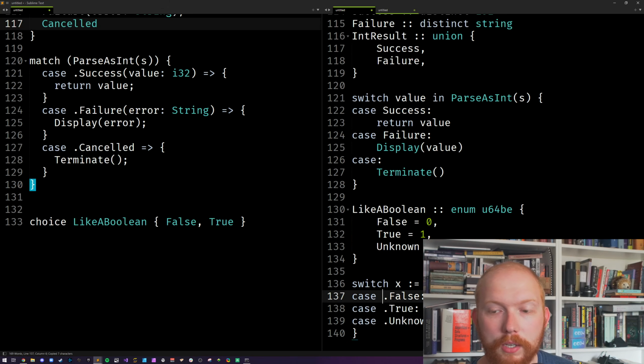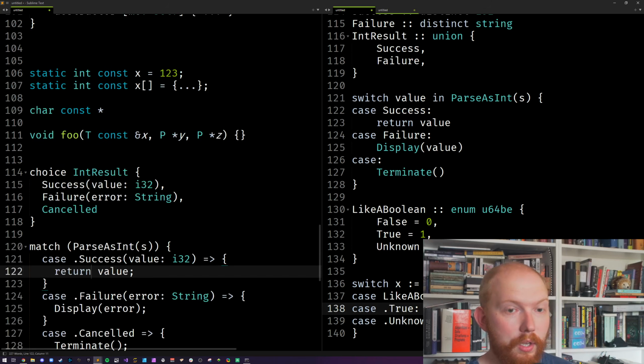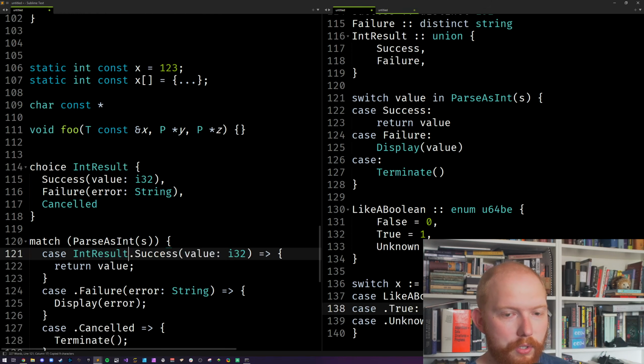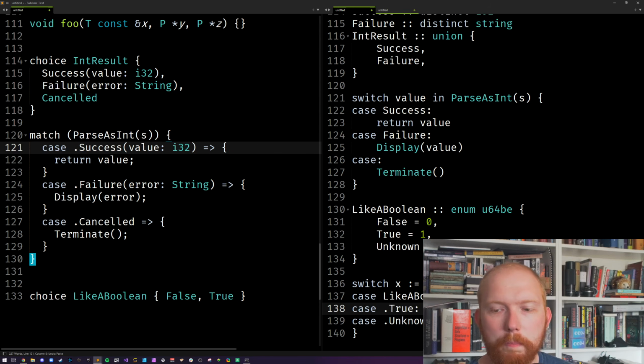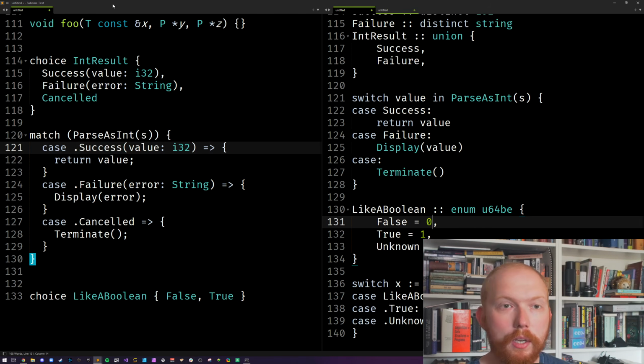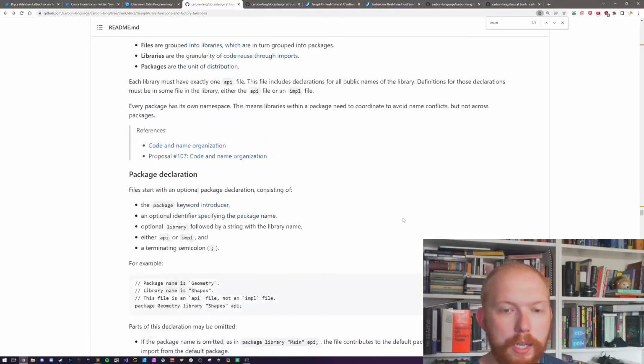And notice what I've done here is you could do like a Boolean, but because of the type inference system in Odin, you can just write dot and it will do it. And it's wonderful. Same in here, I'm guessing. You could probably just write int result dot like that, maybe. There you go. Absolutely fine, isn't it? So that's that. There are more things to talk about in here, obviously.